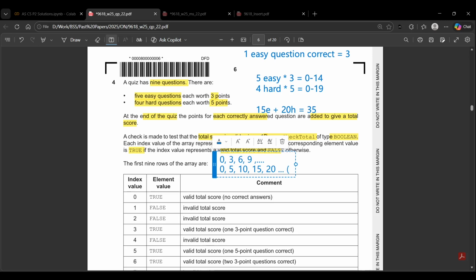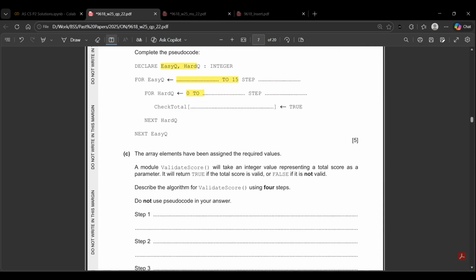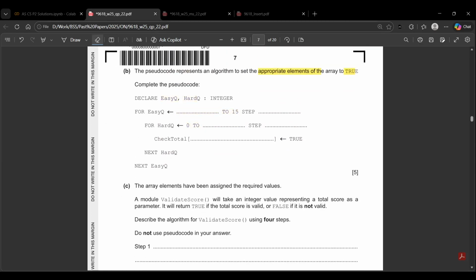So total of 4 hard questions, so that max is 20, and then a total of 5 easy questions, then a max of 15. So keeping this in mind, we just have to fill in the blanks. So what will happen here now is easy questions were starting from 0, 15, and the step is 3 because there would be a difference of 3 marks. And then for hard questions from 0 we go all the way till 20, and the step is going to be of 5 marks because each hard question is of 5 marks. And then we are going to store the value at the current